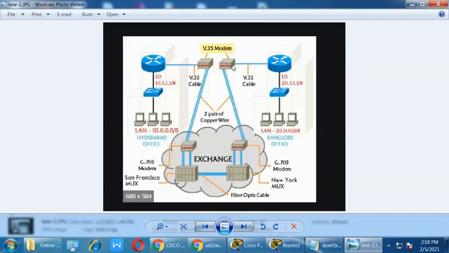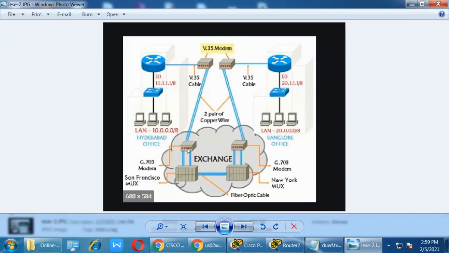See here, this is the modem, and this modem connects to another modem inside the service provider. This modem is connected to multiple companies, not only my company, and many more companies are available, all connected to this modem.